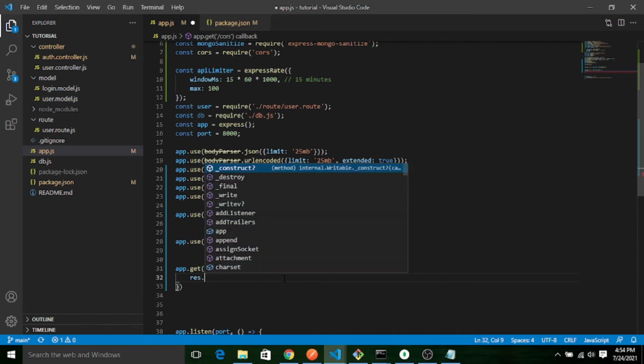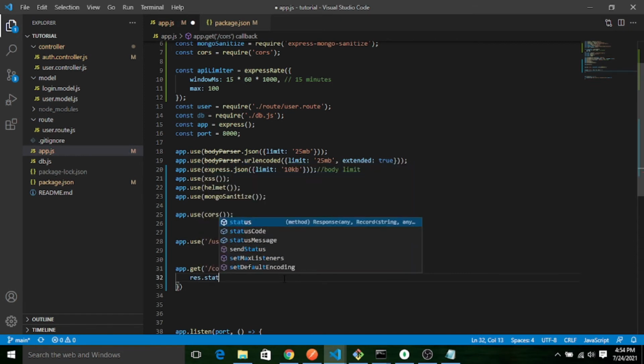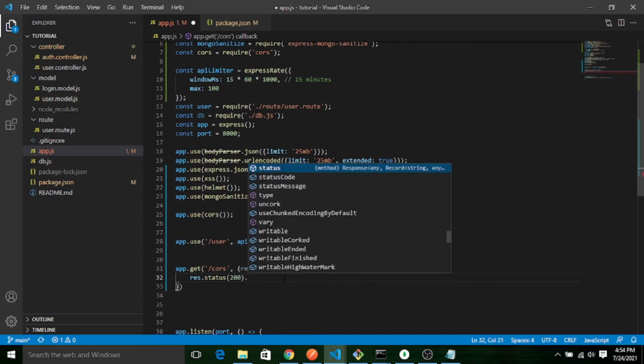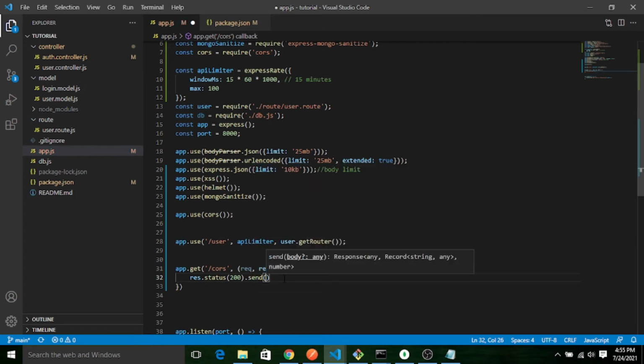Let's say response dot status 200 dot send. Let's say I'm sending the message CORS enabled for get request.